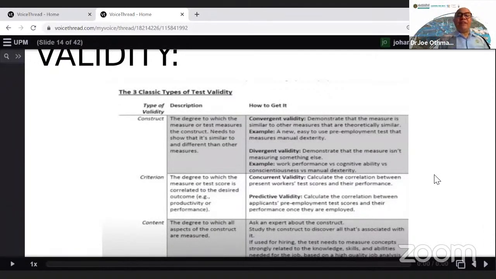And finally, construct validity is a little bit more detailed. I'll pause here. You can have a look at convergent and divergent. It's the same thing. If you create a new survey, you need to compare the result of this survey on a standardized sample. Let's say personality, a happy scale. I make a happy survey, titled happy. If I or my team is confident that all the items are measuring happy,